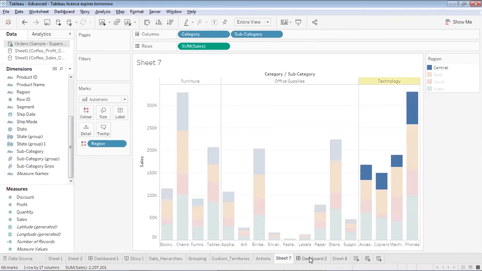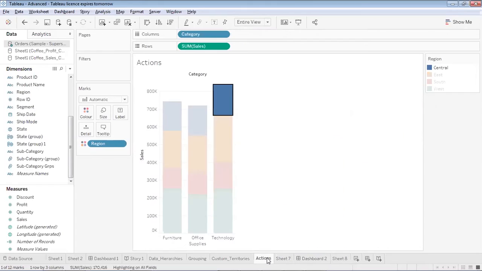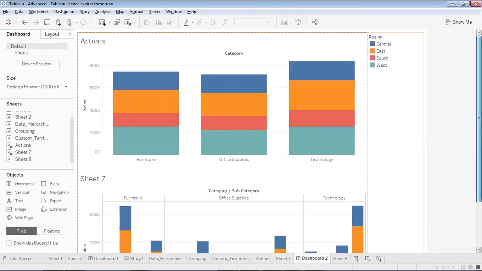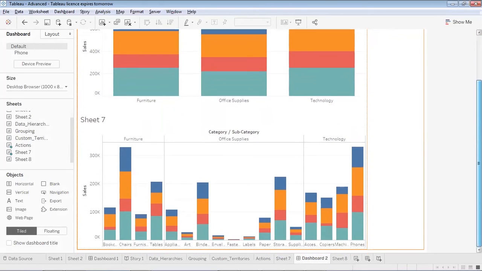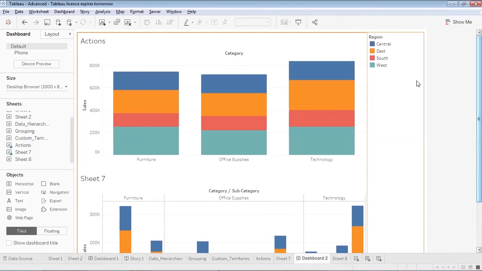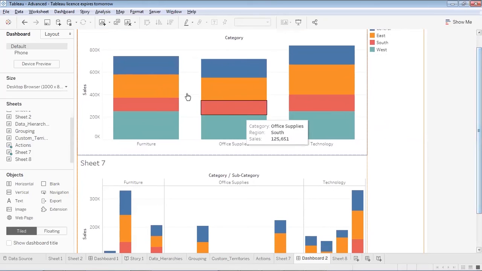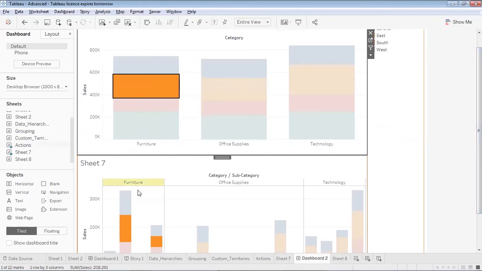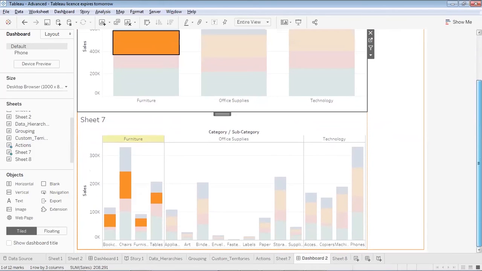The action highlights are best used when we have a dashboard. So over here you'll see I've got a dashboard. These are my categories and these are my subcategories. These both are showing the sales, and the sales have been bifurcated based on the regions. So if I select a particular category, say furniture, and I would like to see the furniture sales in the East region, when I select this, then corresponding to that, all the subcategories of furniture are showing me highlighted sales in the East region.